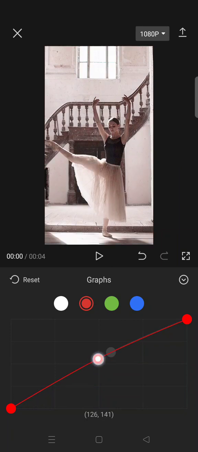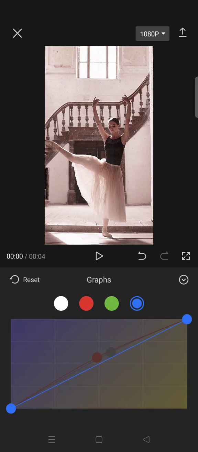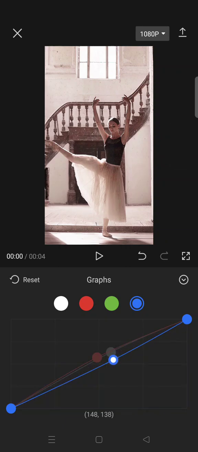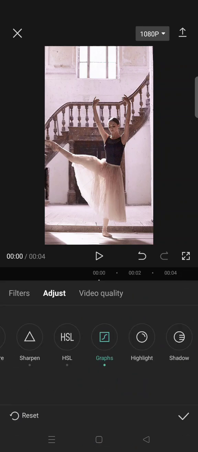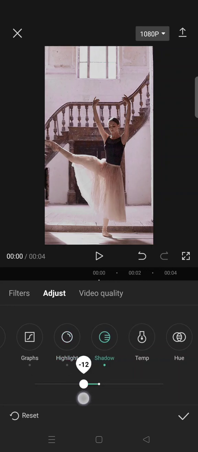Okay, now on the blue one, use this curve. Okay, you can just go back and click on the highlight, lower it to -20, shadow -10,